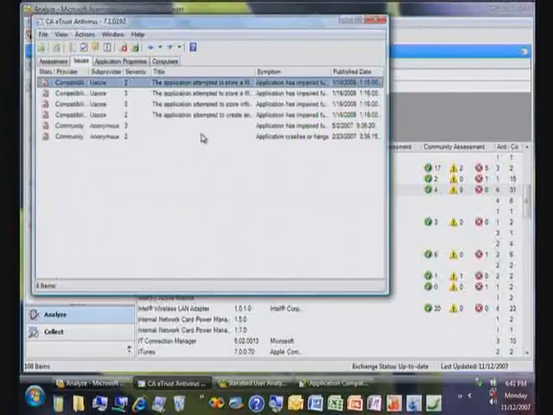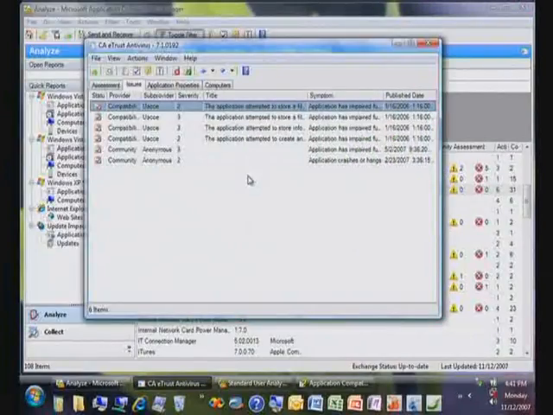UACCE, User Account Control Compatibility Evaluator. Now, it may be that this is okay. What if the application has to run as an administrator to do its job? Well, we'll still flag it, but the data is not meaningful. So you have to think about the output that you get, but you can go in and see all of the issues that we flagged,